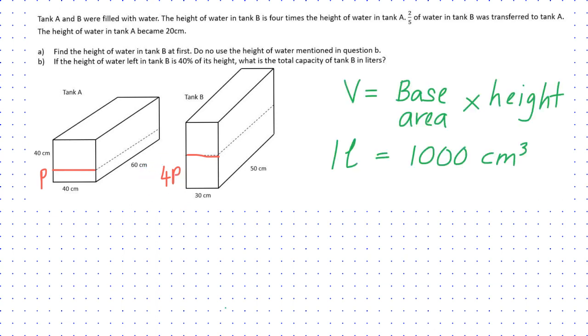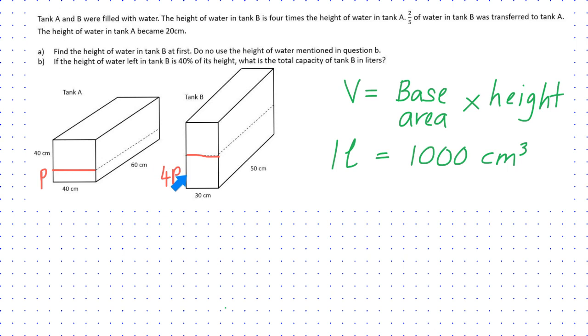So before we proceed to answer our questions, let's take a look at these two important equations that are associated with volume. So V is for volume. Volume is equal to the base area into height. And 1 liter is equal to 1000 cubic centimeters. Okay, so moving on to our question, we need to find the value of 4P, or the height of the